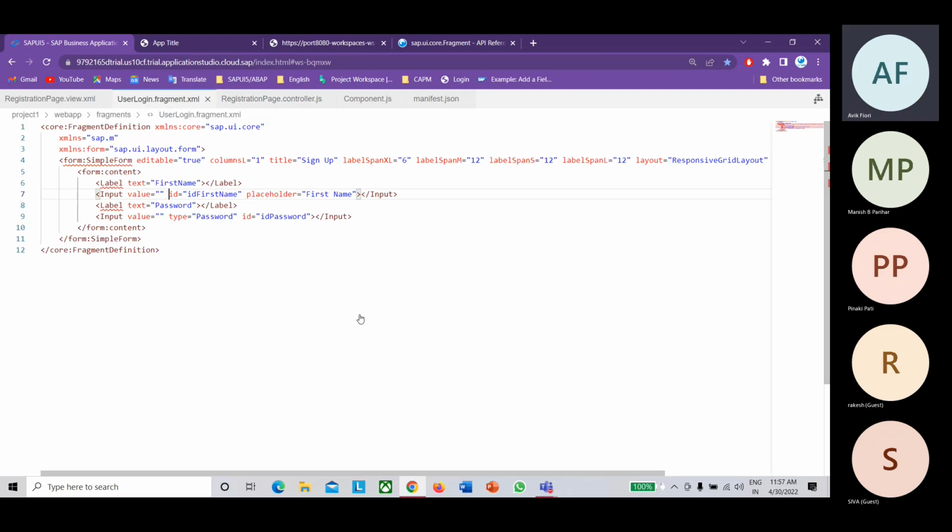Okay, so let's do one thing. I'm going to add one live change event to the first name, or let's say I'm going to add one button also.